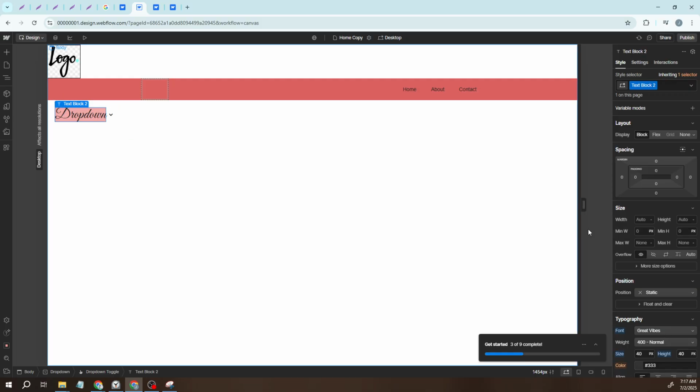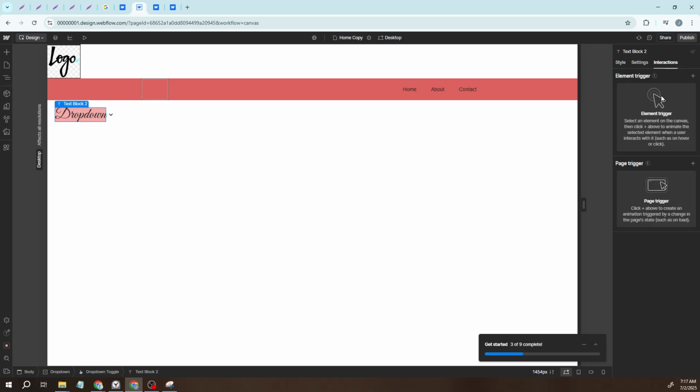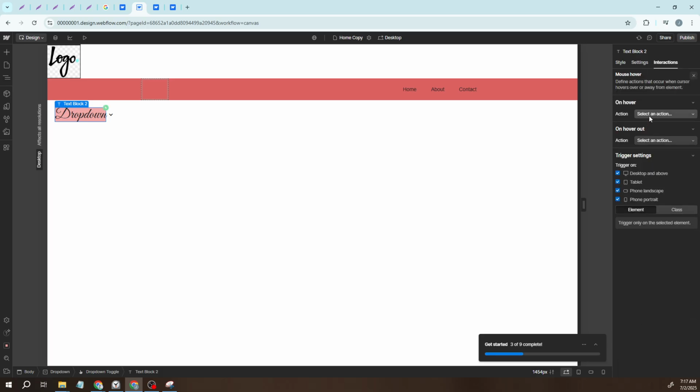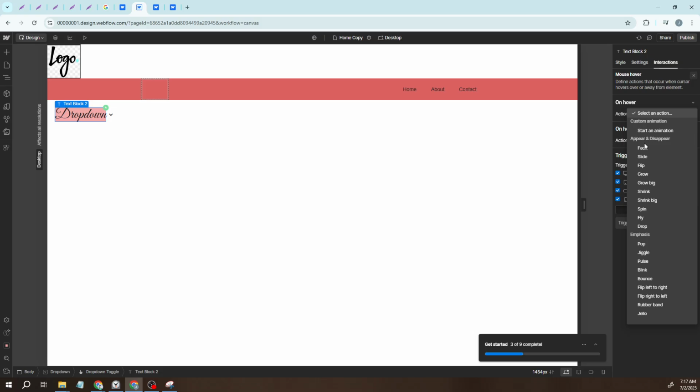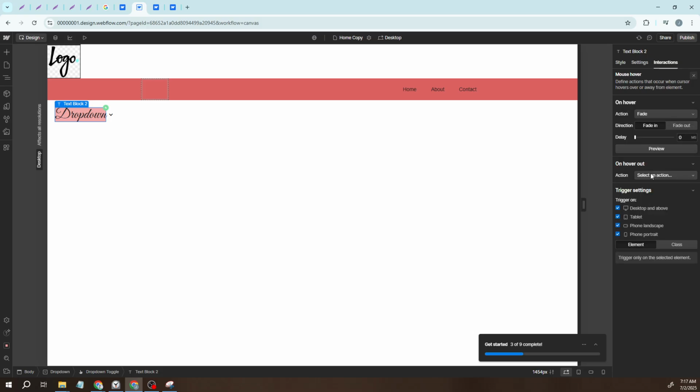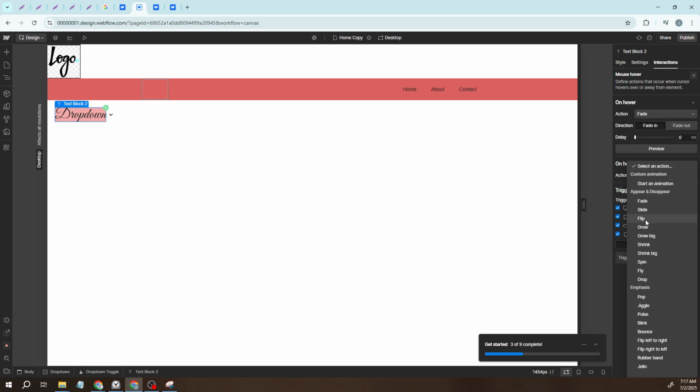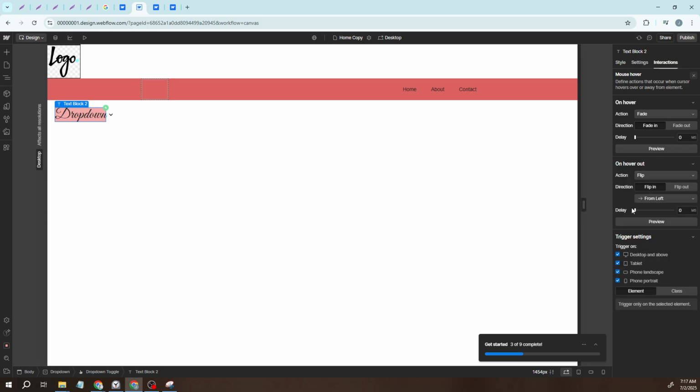To add even more interactivity to your menu, consider using the Interactions panel to set triggers. This can include adding effects like hover or click interactions to control how and when the drop-down appears, providing a more dynamic user experience. Finally, once you've made all the desired changes and are satisfied with how everything looks and